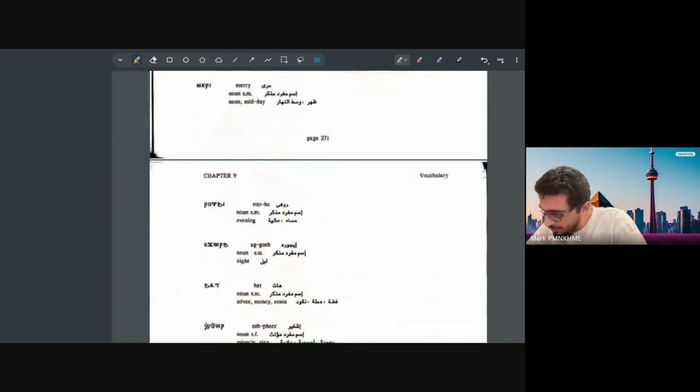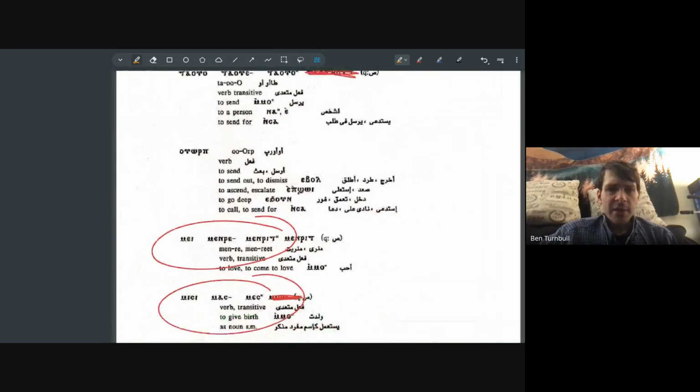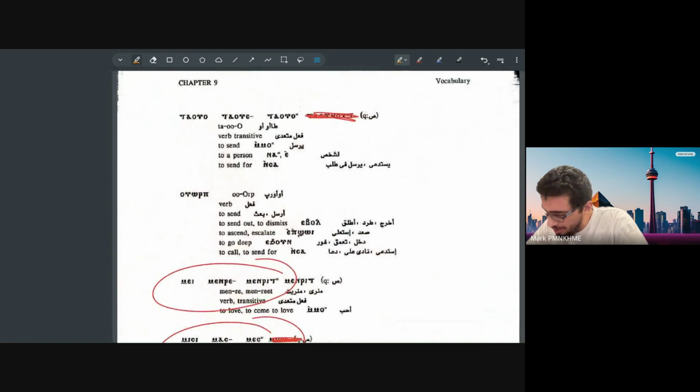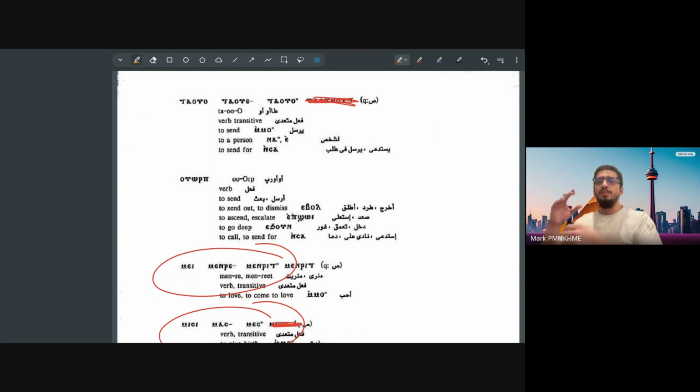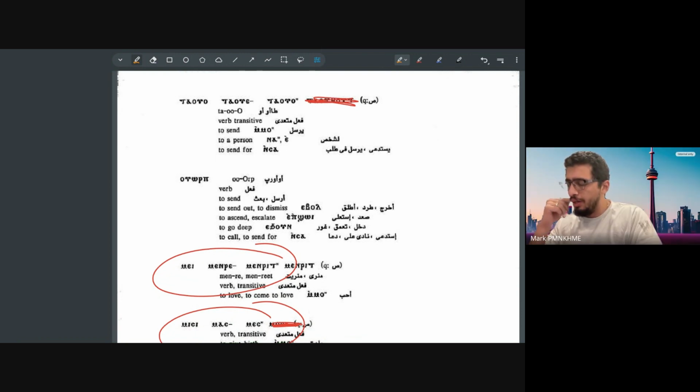There's too many objects. Yeah, there are different verbs to mean send. So there's warp, it means to send out. Yeah, there are two there. And there is tawo. The difference is we're going to cover that later. I think one of them is causative, where you're causing someone to go, as opposed to you're actually just sending something. So it's like I'm sending a friend, and the other one is just like, I'm sending a letter.